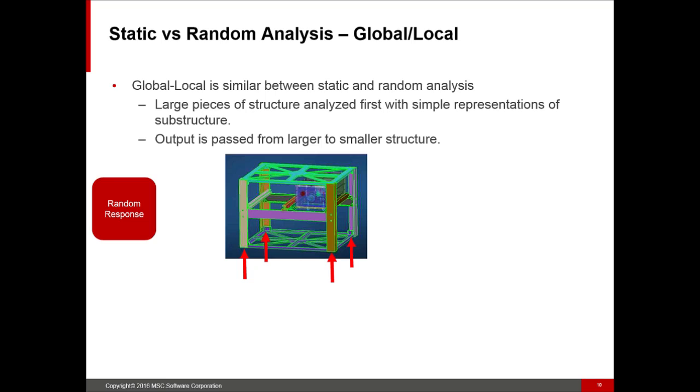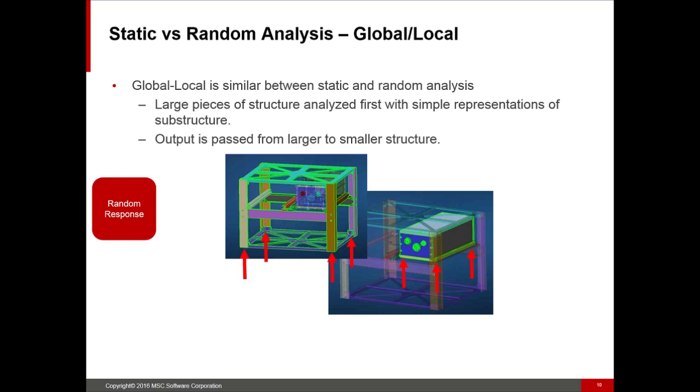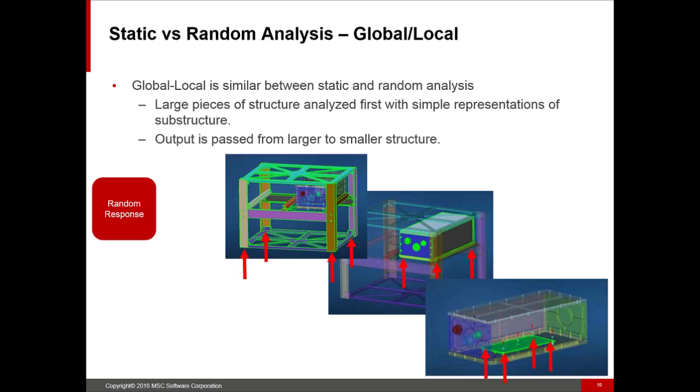One of my last comparisons between static and random analysis. When you do static analysis, you can oftentimes end up in a global-local type of situation, because of mesh density, or you may not actually even know exactly what some of these components are. It's not unusual to make a global model, relatively big, probably with a relatively coarse mesh, and then once we've solved that model to some sort of satisfaction, we would take, let's stick with the static analogy here, the forces and moments, and apply them to our substructure, in this case our electronics box,